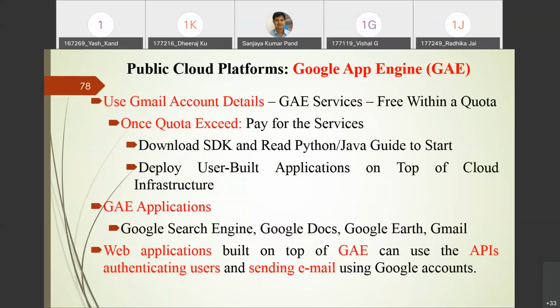Like you know that we are using Gmail, and Gmail provides 15 GB of data, right? Up to 15 GB of data, the service is free. That's why he is saying if you have a Gmail account, you can use the GAE service subject to some free quota. Like I told you in Amazon EC2, 750 hours is free. In each and every month you can use 750 hours, up to 12 months. Once the quota is filled, once you have completed these 12 months of subscription, then you have to pay for the services. Beyond the quota, you have to pay.